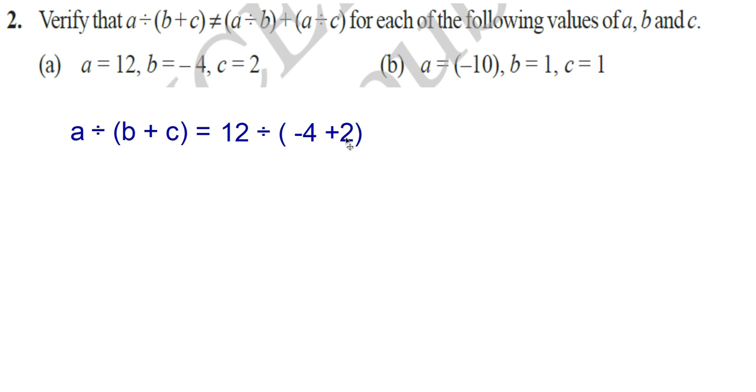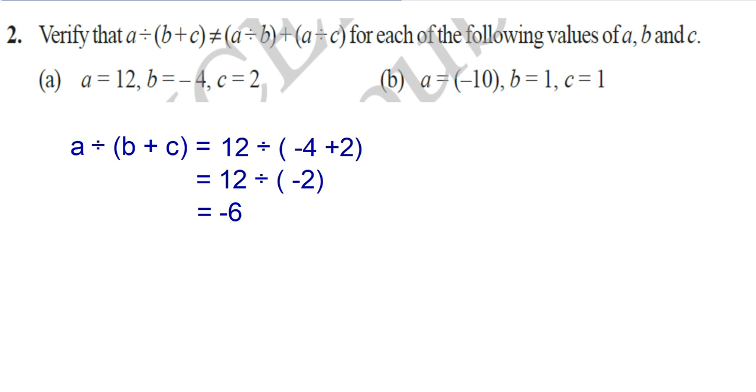Now, negative 4 plus 2, you know it is negative 2. So, the next step we can write it as 12 divided by negative 2. Now, 12 is positive, 2 is negative. Different sign, so the quotient sign is negative. You know 12 divided by 2 is 6. So, the answer is